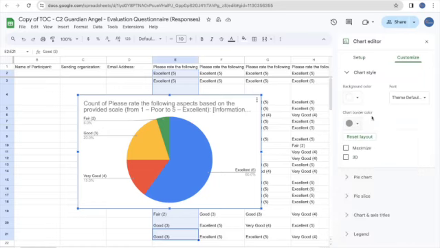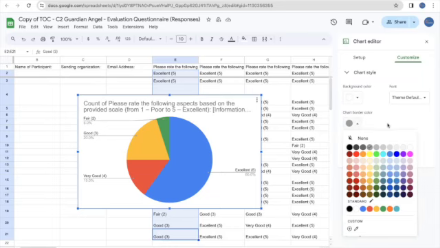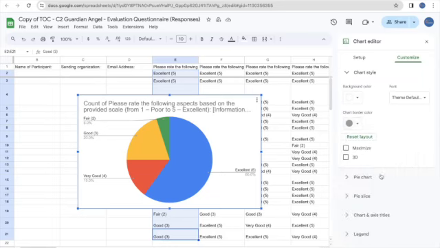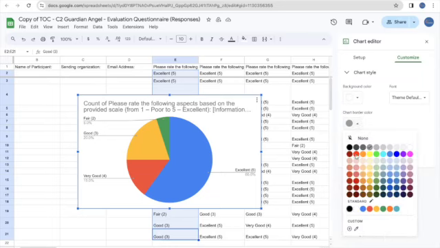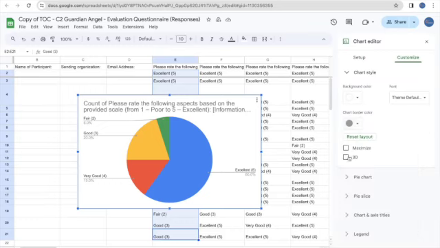So the most important thing is to use colors that are different, like don't use all red, but a little bit different. So it's preferable to use different colors that can be easily seen by any kind of people, or you can make it